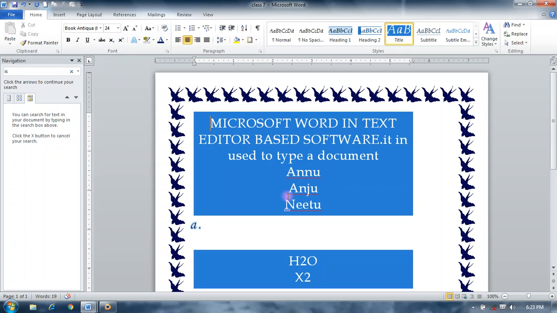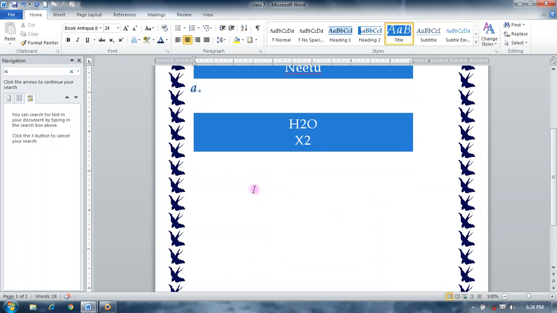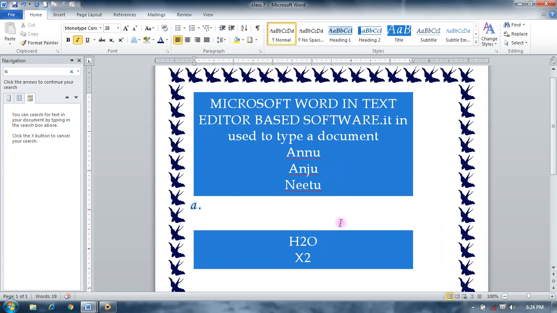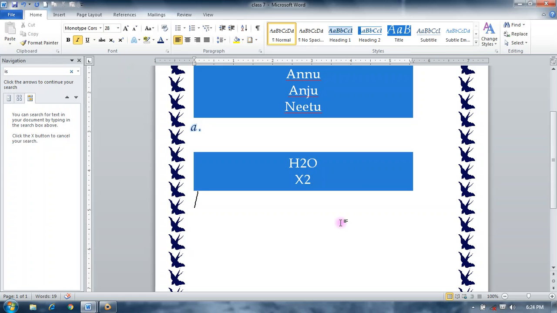There are some shortcut keys we can use: for cut, Control X; for copy, Control C; for paste, Control V; for find, Control F; for replace, Control H; for go to, Control G; for select all, Control A; for undo the last action, Control Z; for redo, Control Y; for save, Control S; for new, Control N; for open, Control O; for print, Control P.